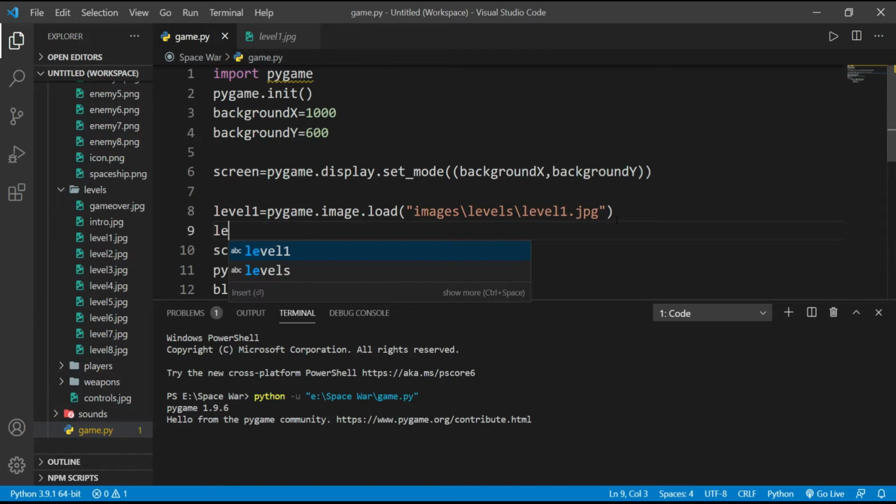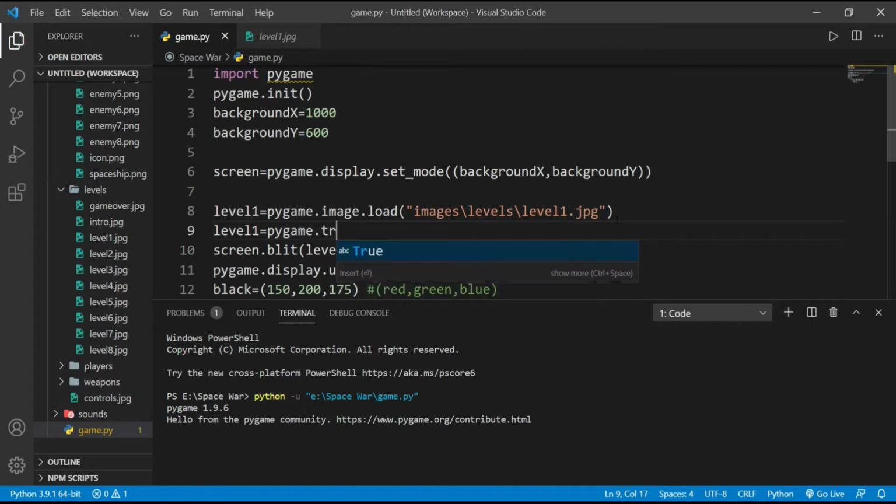So in here I'm going to write level1 again. Level1 equals pygame.transform.scale. So this syntax is used to transform or scale our image size. So here I will write which image I want to transform, which is level1.